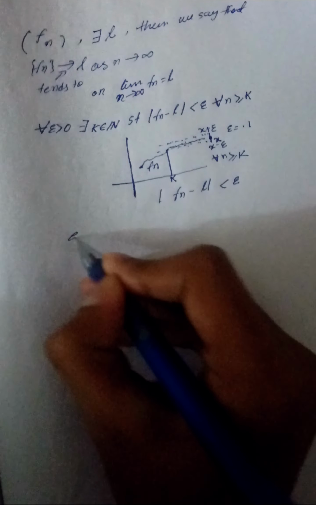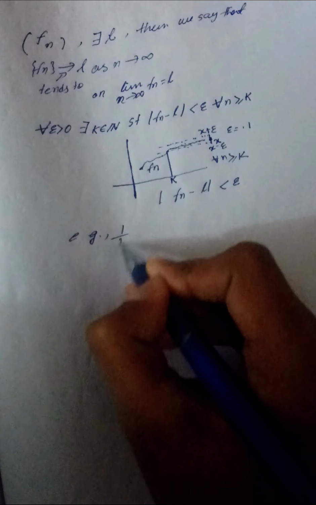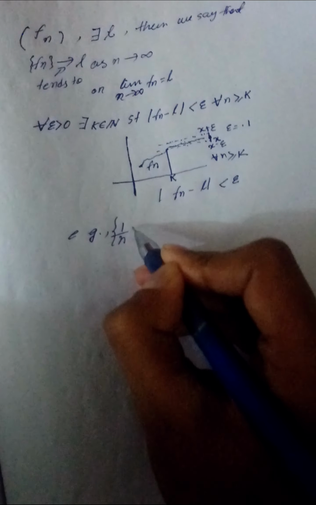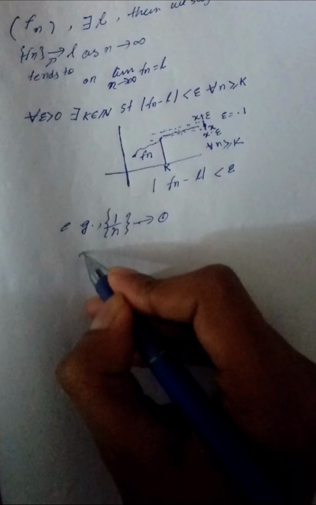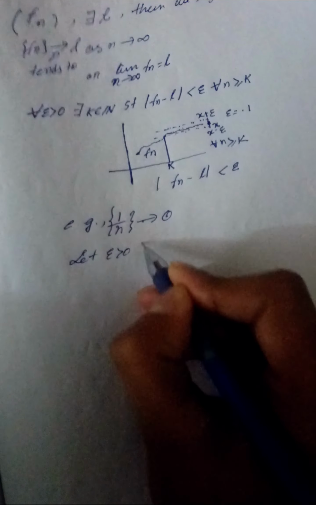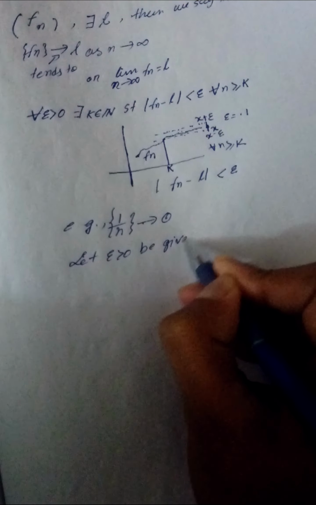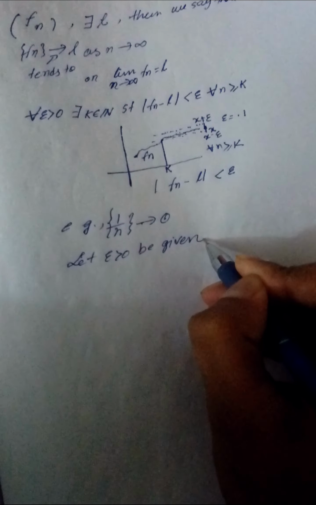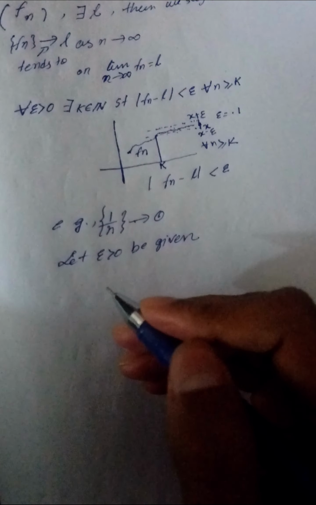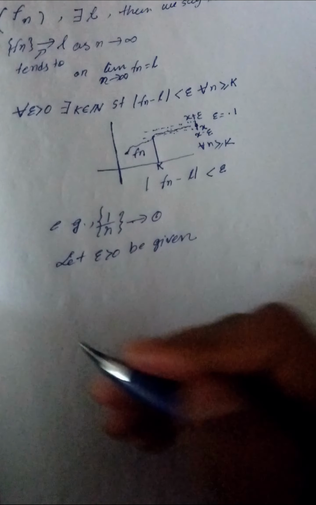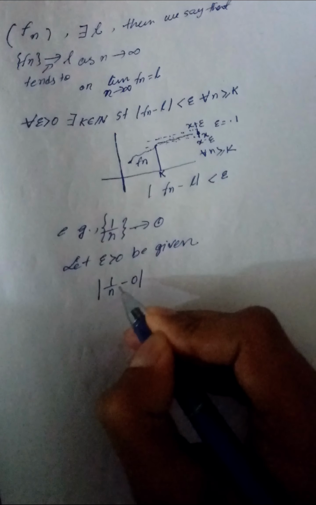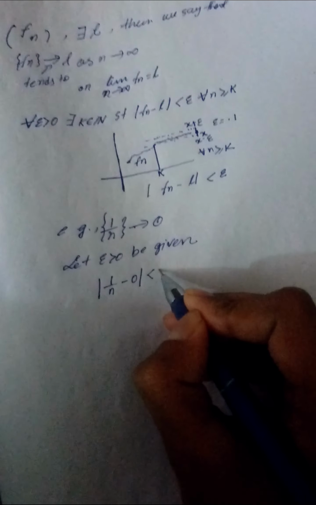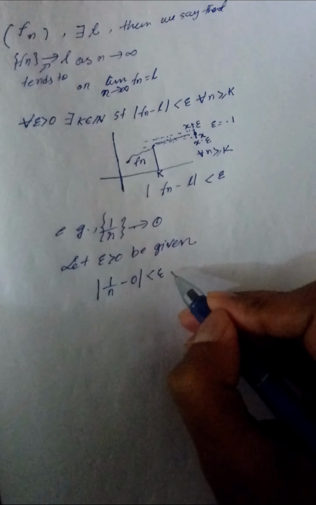Let's look at one example. For example, 1 by n. This is the most simple example for sequences, and 1 by n converges to 0. How to show this? Let epsilon greater than 0 be given. We will always write this at first, and then we will reverse engineer the process. How do we do this? First consider 1 by n minus 0. We have to show that this is less than epsilon, so let's assume that it is less than epsilon,